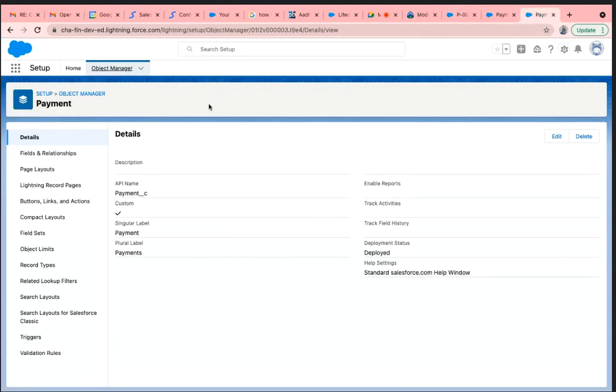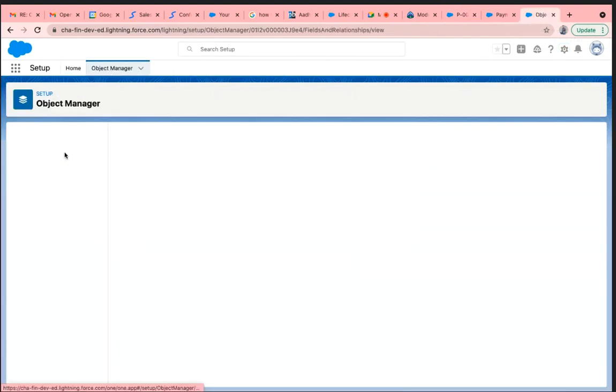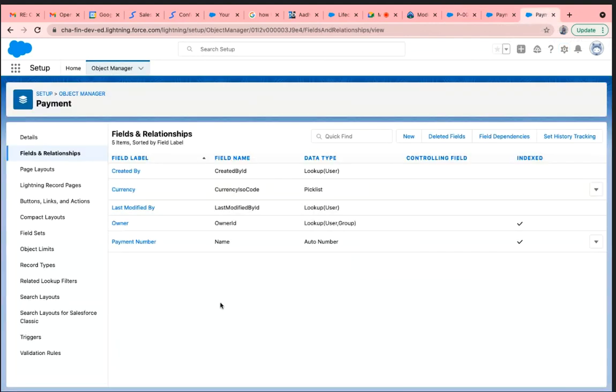Yes. So that amount field we can create from the fields and relationships. And you can see I didn't create all these fields, right? Did I create all these fields? No, they come automatically when you create the custom object. Okay, these are all the things, limitations, everything will come automatically when the custom object is created.